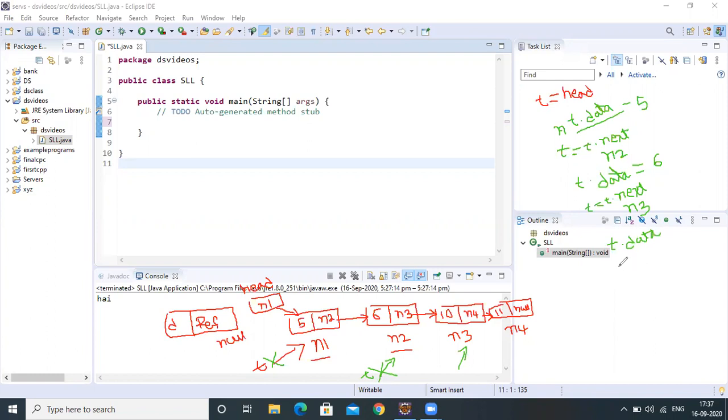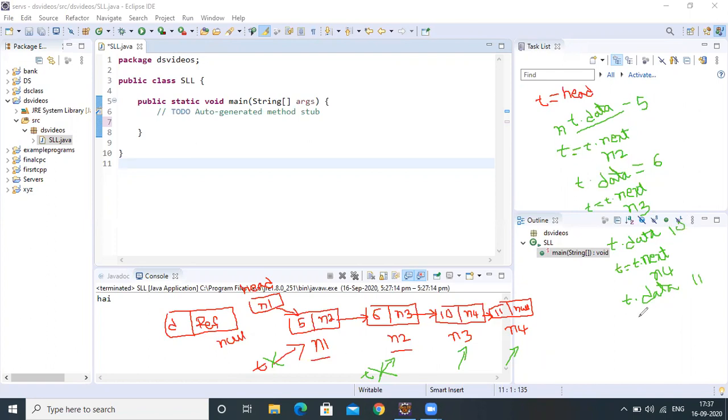Again, we will move with T is equal to T dot next. So within n3, what is the next node here? n4. Now T will refer to node 4. T dot data means n4 dot data. You will get 11 here. Here you will get 10.